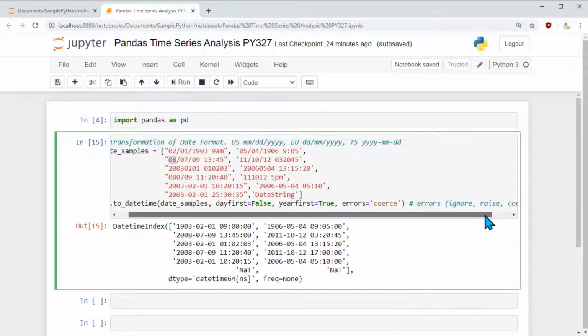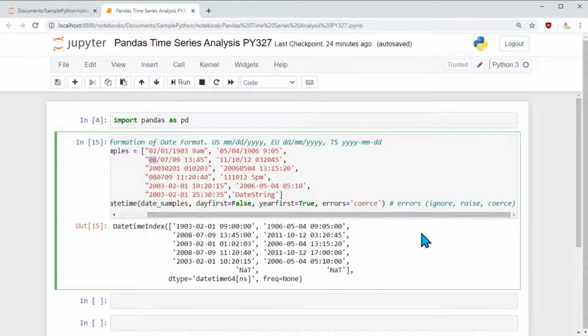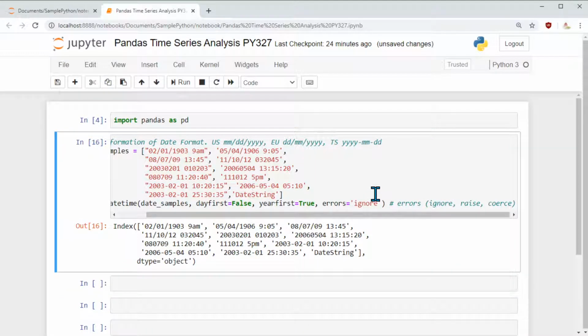So what is this parameter which we haven't discussed? In terms of errors, I can say ignore, or I can say raise. If I say ignore and there is an error, it is going to ignore that information. So this is pretty neat: it either displays the data by ignoring the invalid information, or you raise the error, or we can conditionally handle it as well.